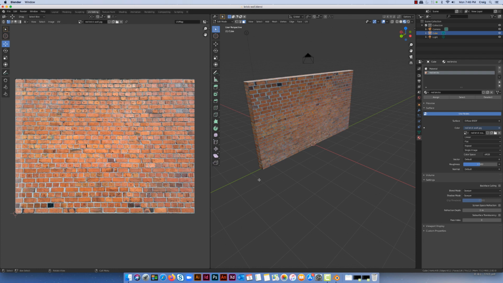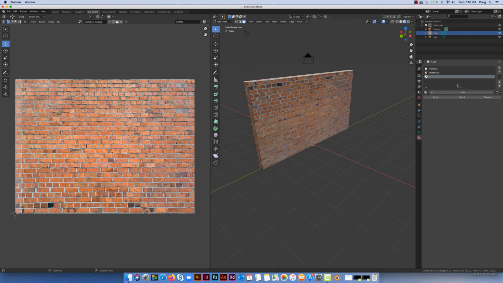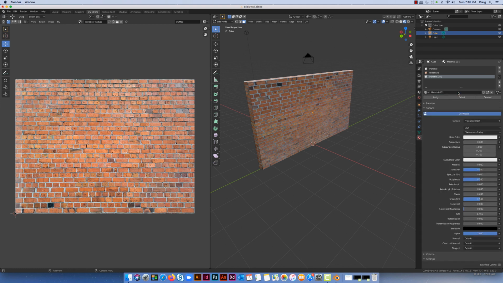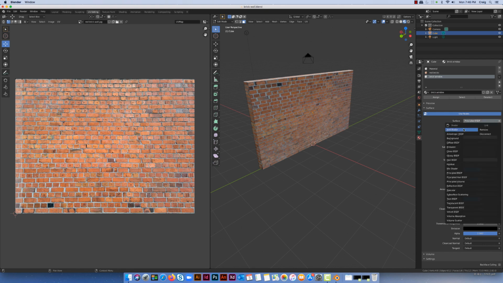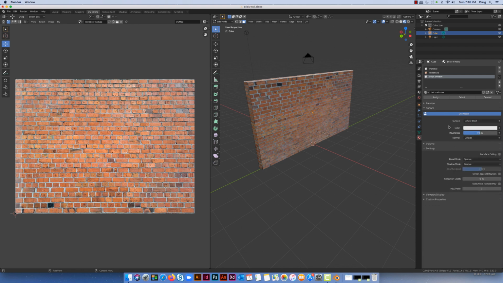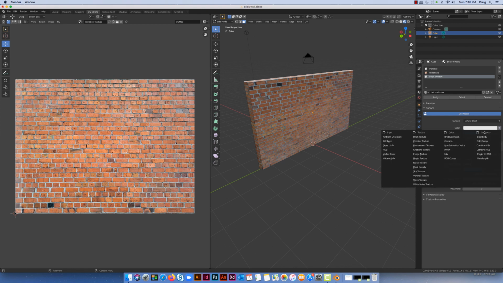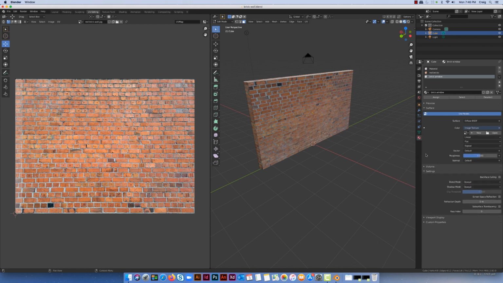So just to go through how it works again, we create a material and we select a new material. So I'll just do this here. I've got a slot, new material, and I'm just going to call this window because I do have that graphic of a window. I'll call it brick window. It's not to the right scale, so it's not going to look particularly good. And surface, we're going to choose diffuse BSDF, and then the key thing here to bring in the image is where it says color. You come over to the right and click on it, choose texture, choose image texture,